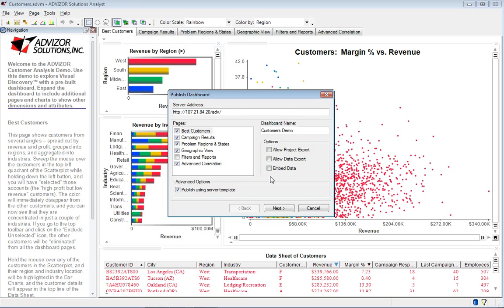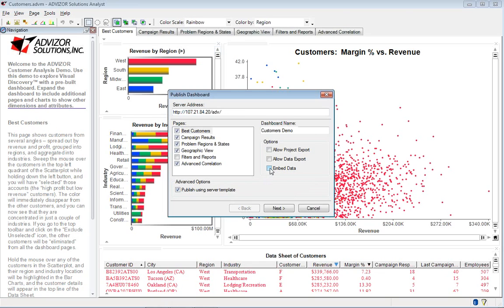On the other hand, if you're trying to look at more real-time data,